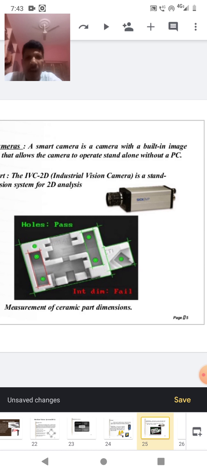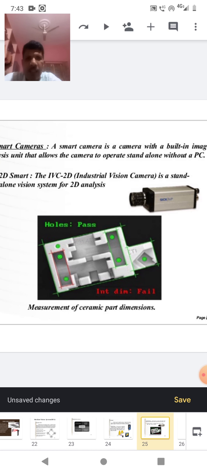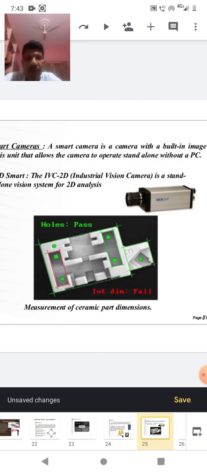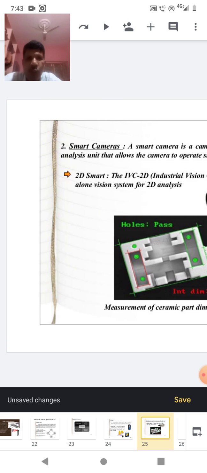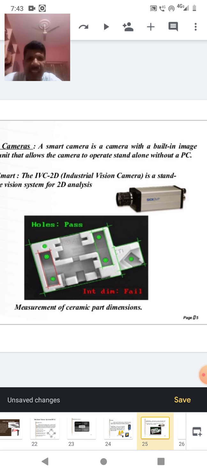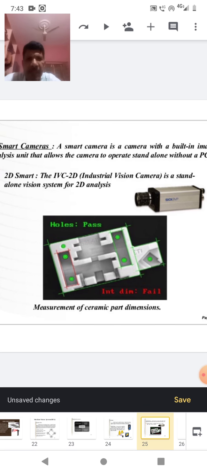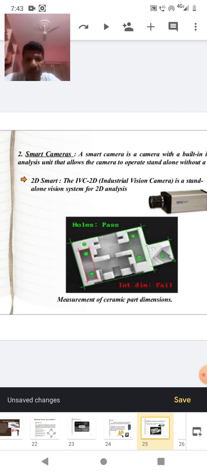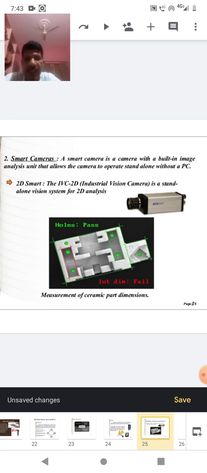Then smart cameras. A smart camera is a camera with a built-in image analysis unit that allows the camera to operate standalone without a PC. Simply, a camera having a built-in analysis mechanism without a PC is called a smart camera. 2D smart, that is IVC 2D.